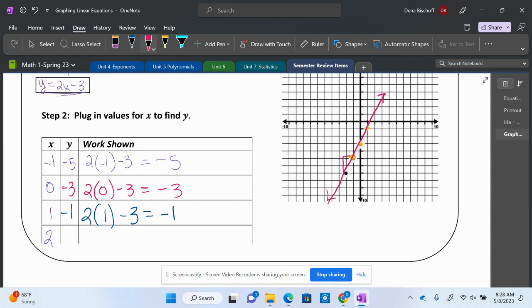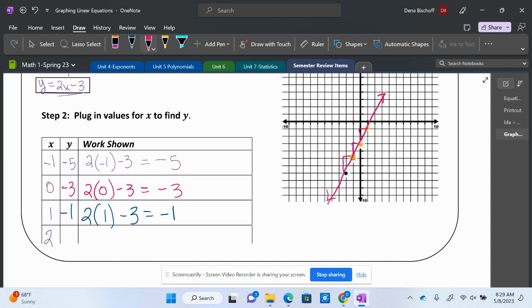So does anyone remember doing this? You guys see what I'm doing? I'm drawing little triangles there. To go from one ordered pair to the next ordered pair, how much am I going up and how much am I going over? I'm going up 2 and I'm going over 1. 2 over 1 equals 2. And that just so happens to be my slope, right? And you guys had a spiral review, your 13, 14 week spiral review